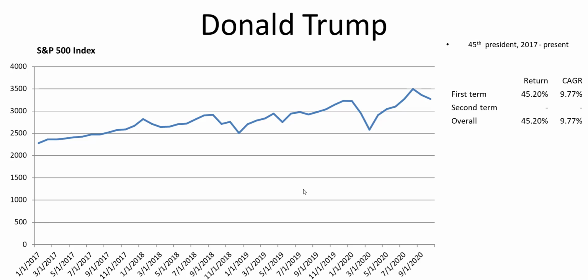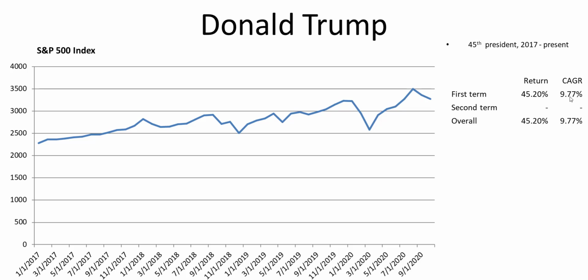Despite the campaign promise to eliminate the national debt in 8 years, Trump, as president, has approved large increases in government spending as well as the 2017 tax cut. As a result, the American government budget deficit has increased to nearly $1 trillion in 2019. In 2016, the year before Trump took office, the US national debt was around $19 trillion, but by mid-2020 it had increased to $26 trillion. The return until now during Trump's presidency is 45.20%, which translates to a compound annual growth rate of 9.77%.